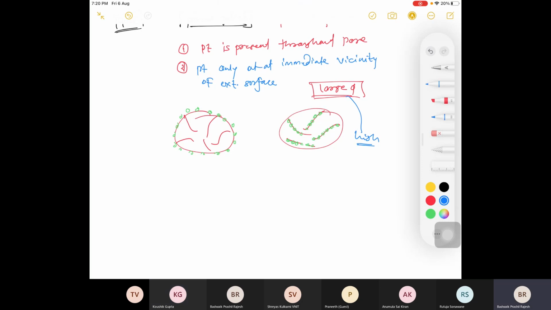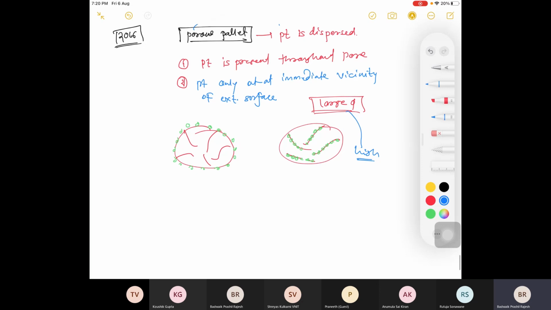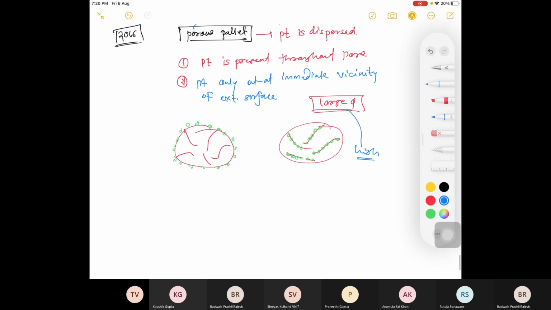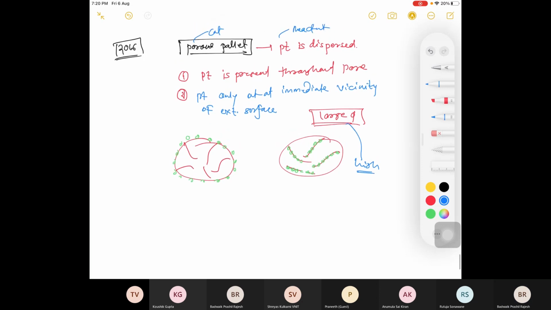And in the other case, different conditions are given. Much lower, and much greater, there are two conditions, and it's asked which scenario is preferable. So you said you will be having high rate, that's why you are preferring the second option. But there is one option again, option A, that is also saying rate of reaction is much greater.